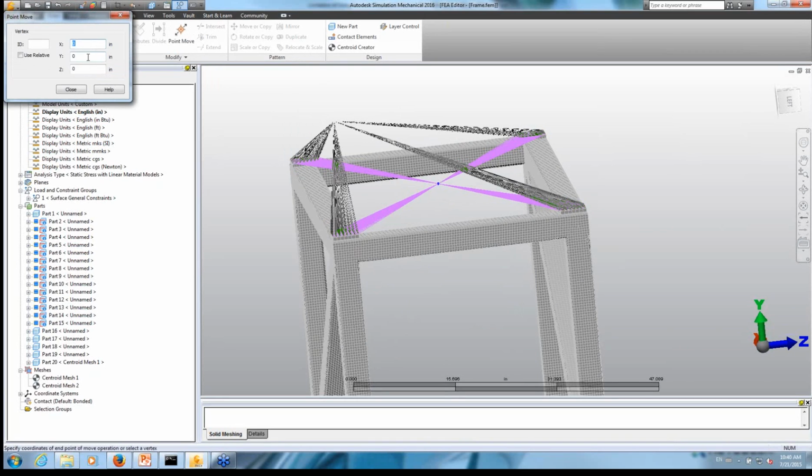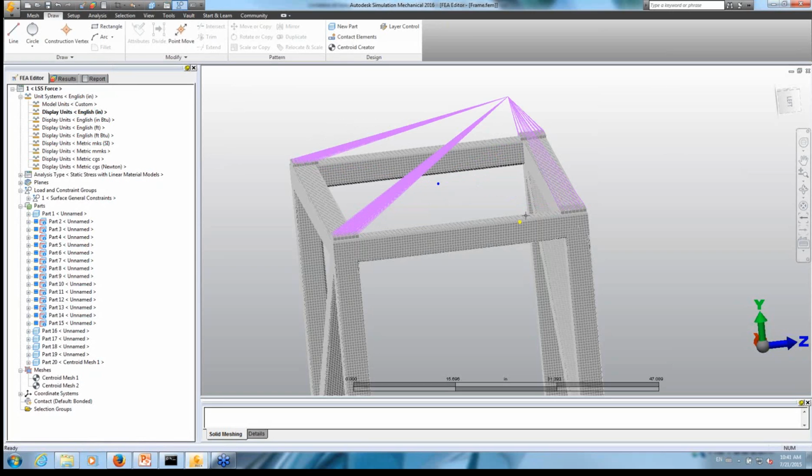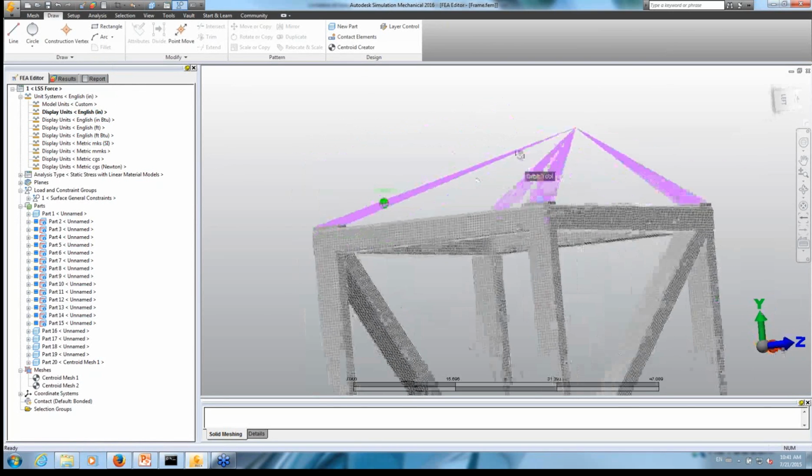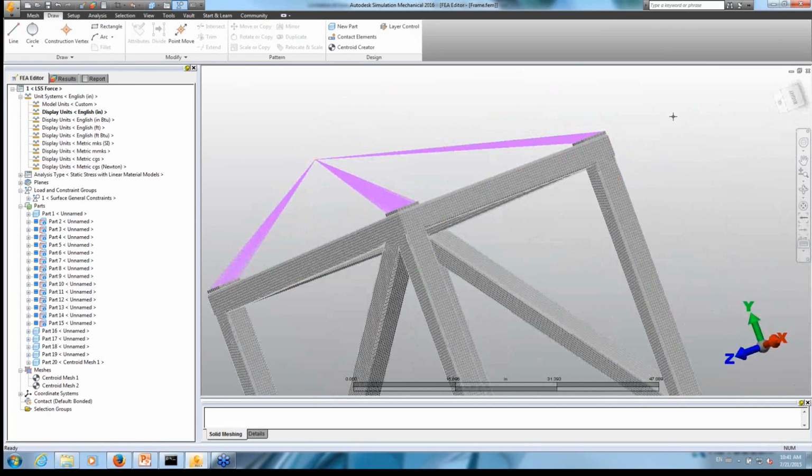And I want it to move 12 inches and 12 inches. I'm going to use relative. And here it is. So I just move that centroid, not move the centroid, move the point to where I want to apply the force. So this first case, I'm going to select this vertex